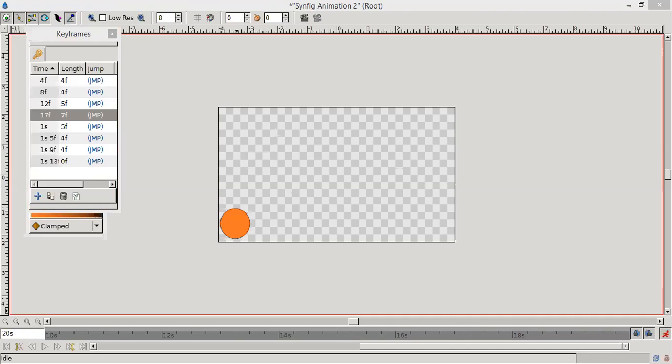See, first we also create a duplicate of 1 second, then 2 seconds. We are creating the duplicate of 4F, 1 second, 1 second 5 frame, 1 second 9 frame, 1 second 30 frame. We are creating the duplicate of these frames, duplicate keyframe added. Then we are going to time loop.